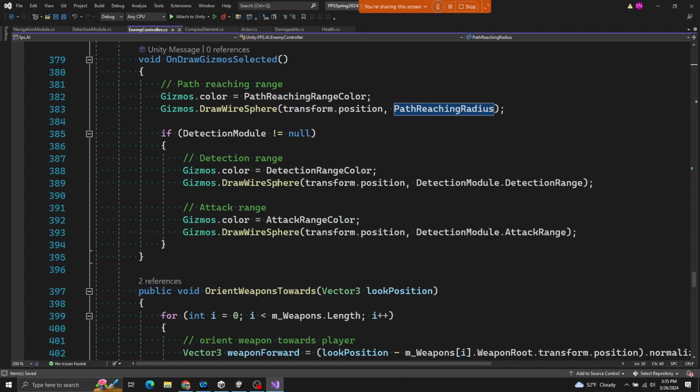So just the way that the debugging gizmos work is you have to define a color, and then you say I'm going to draw some type of shape. So notice it's like, okay, here's the color, now draw this thing. Here's the color, now draw this thing. And if you ever mess around with any computer graphic packages, especially